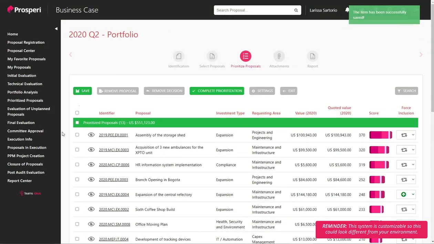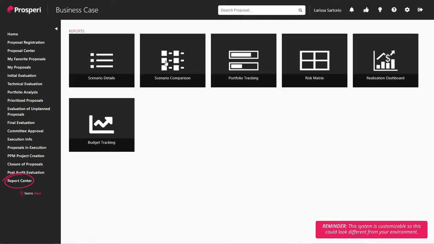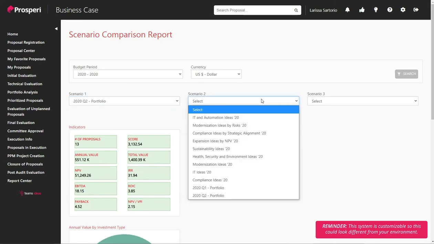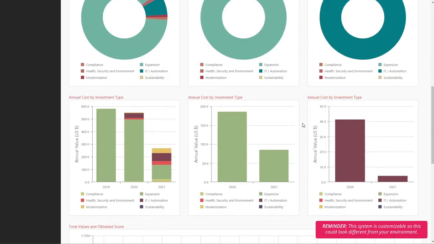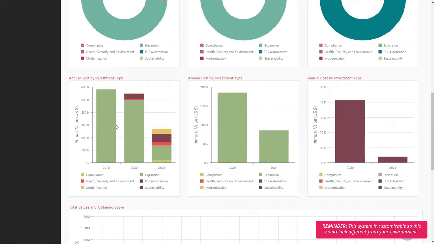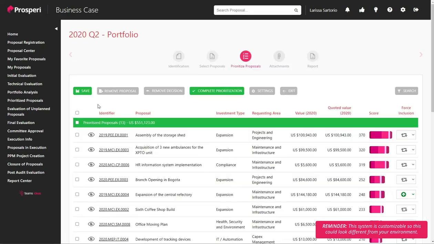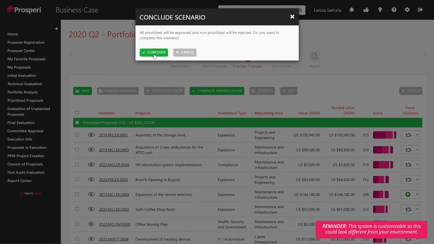Because the system permits several portfolio scenarios to be created, you can access the Report Center and select the Scenario Comparison Report to assess different ones and allow for side-by-side comparison with different benchmarks and KPIs. Once you have your portfolio scenario to your liking, click Complete Prioritization, which will then send it over to your